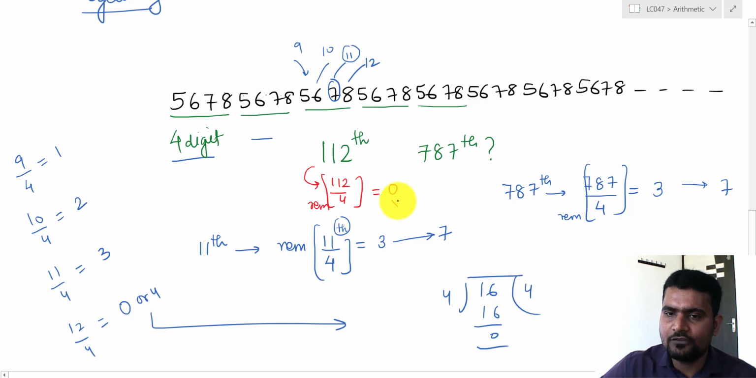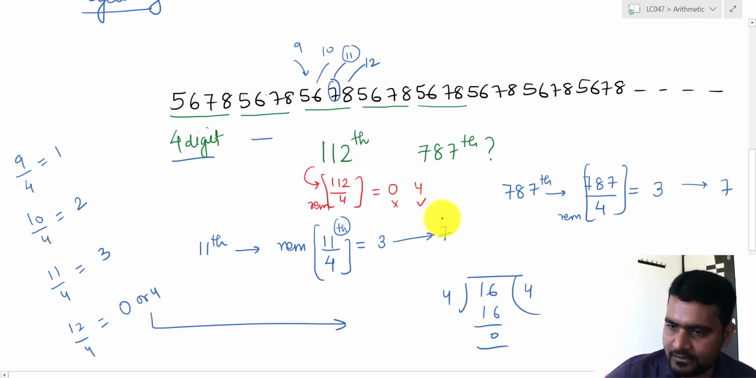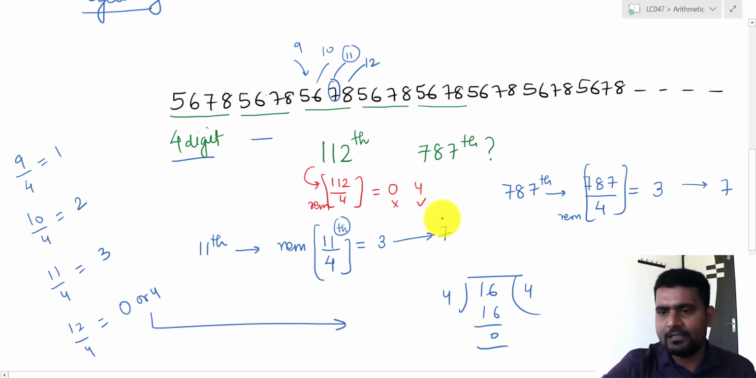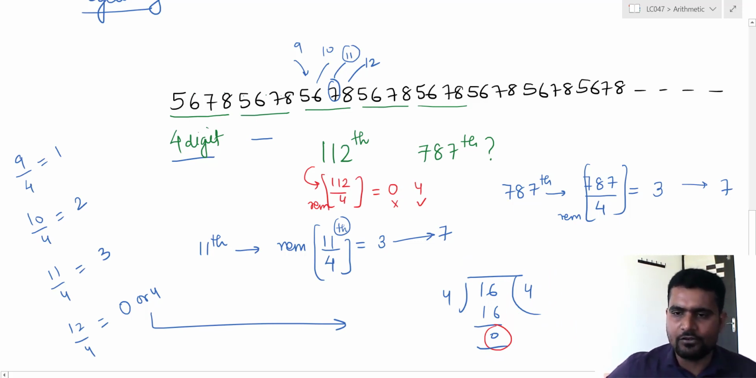But we will not take 0, we will be taking the remainder as 4. Why will we take the remainder as 4? We'll discuss this thing in the subsequent lectures. Okay, we'll not take remainder as 0, we'll be taking remainder as 4, because you know that 4 is also an acceptable remainder and 0 is also an acceptable remainder. Okay,